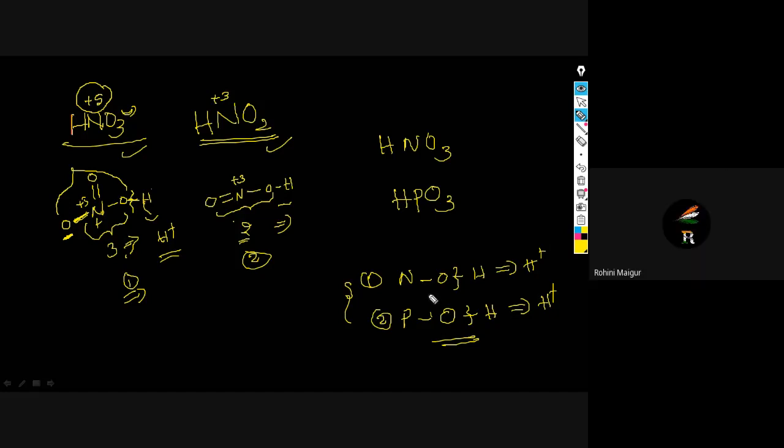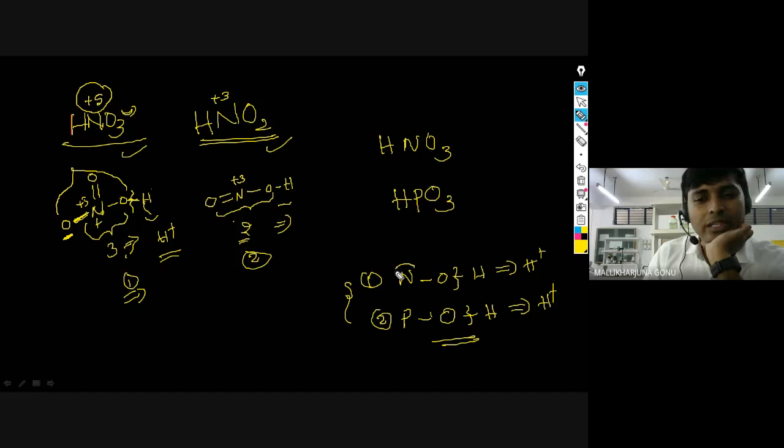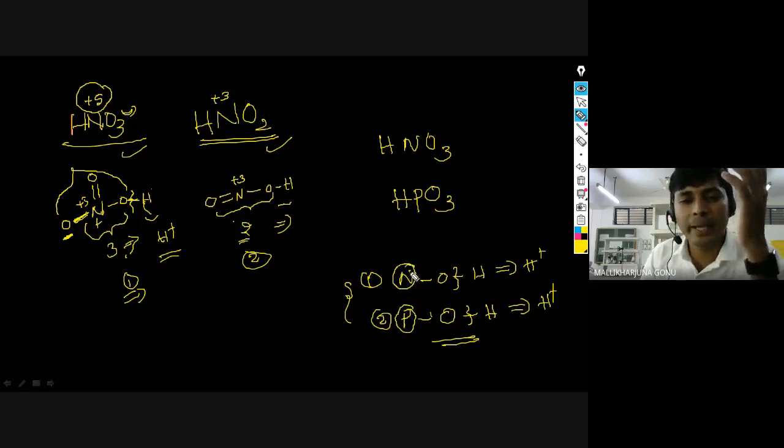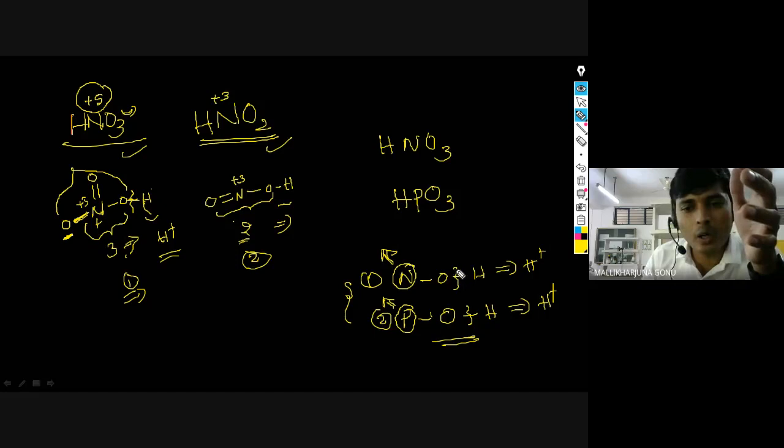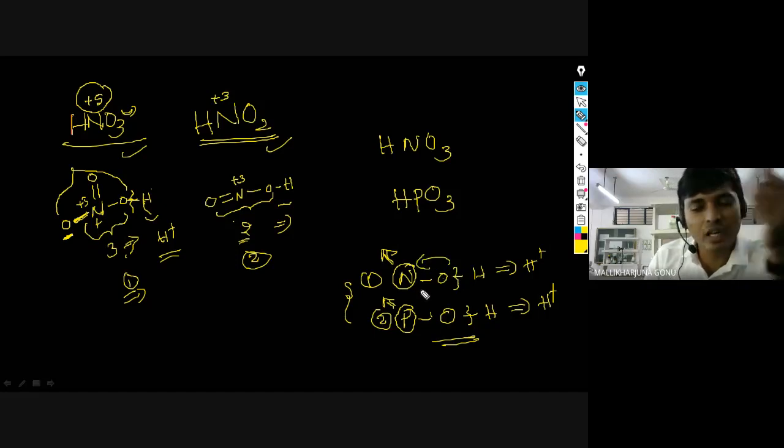Because it has abstract hydrogen, sir. Very good. If you compare, if you go down the group, you are comparing the elements going down the group, nitrogen and phosphorus. Which one is more electronegative? That is how the sharing electrons will be pulled towards this one. So oxygen, since nitrogen is also pulling towards that one, the sharing electrons will be taken towards the oxygen.